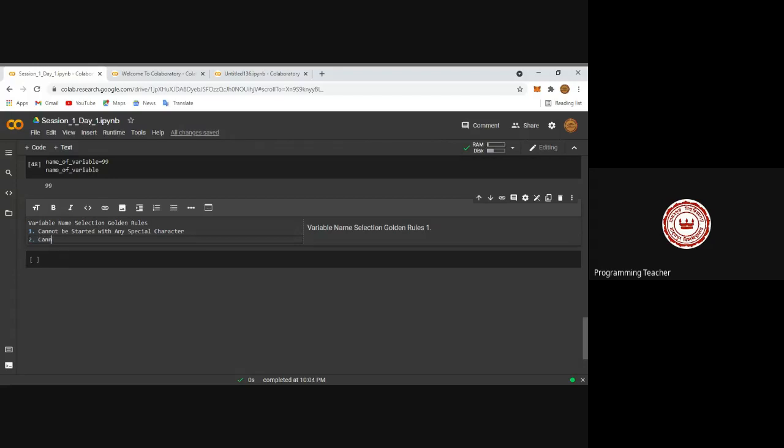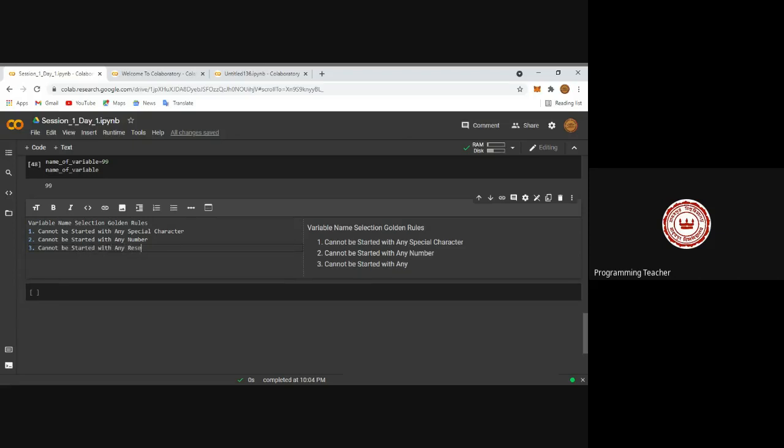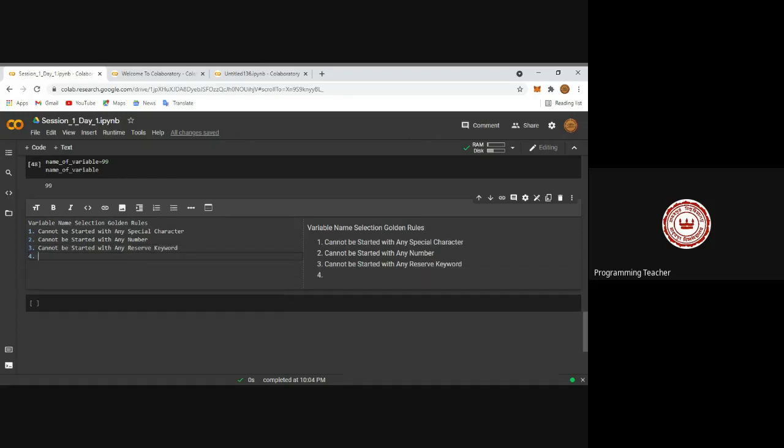Option number 2, cannot be started with any number. Option number 3, cannot be started with any reserve keyword. Another main point, that is variable case sensitive. Okay, variable names are case sensitive.